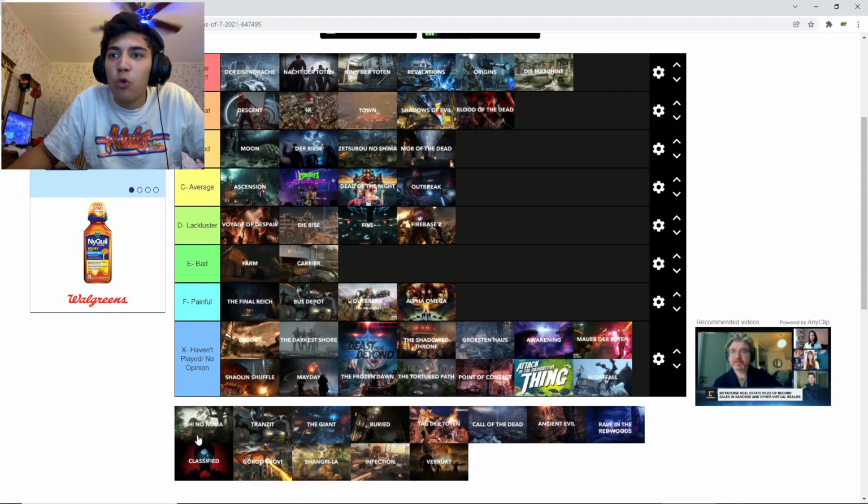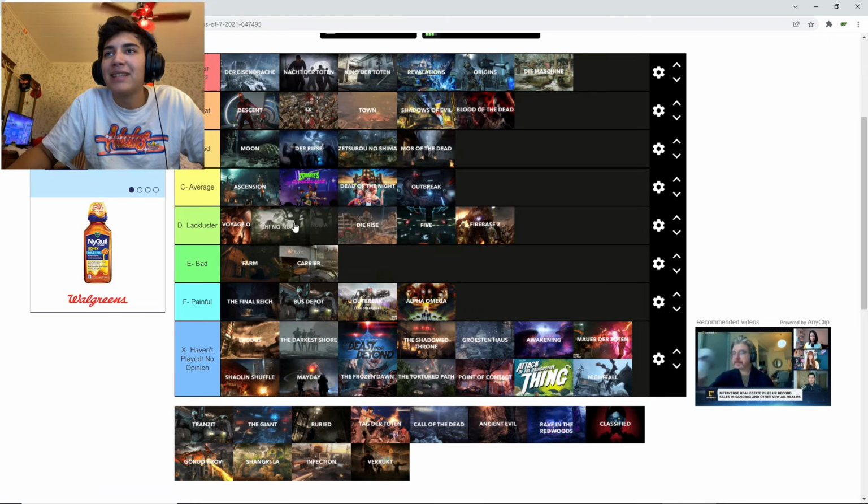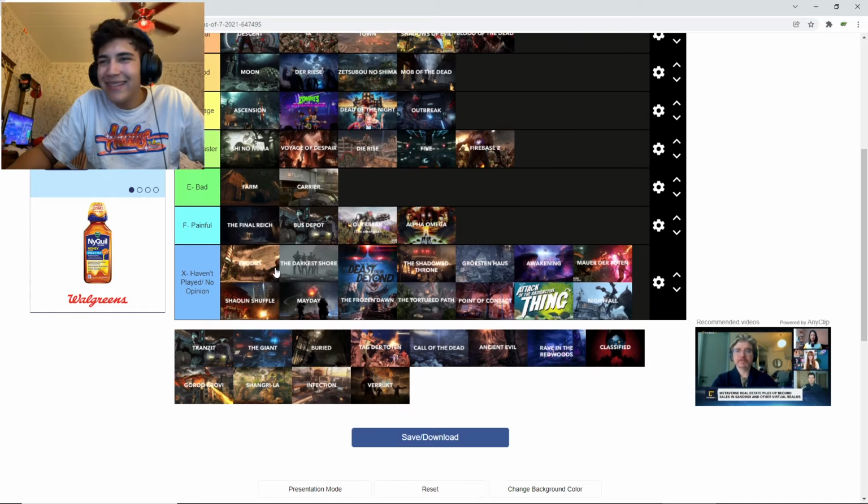Alright, next up is Shino Numa. This map is pretty stupid. Not gonna lie, it doesn't have Pack-a-Punch. It's a pretty basic map. I can't say it's bad. It's a pretty average map, but I think it's probably the top of lackluster because it's...